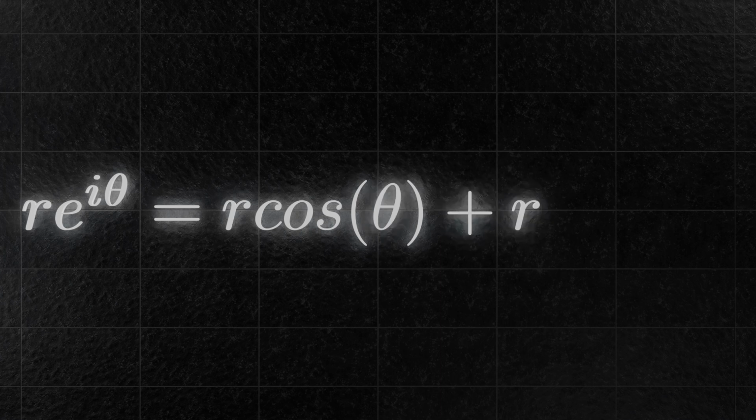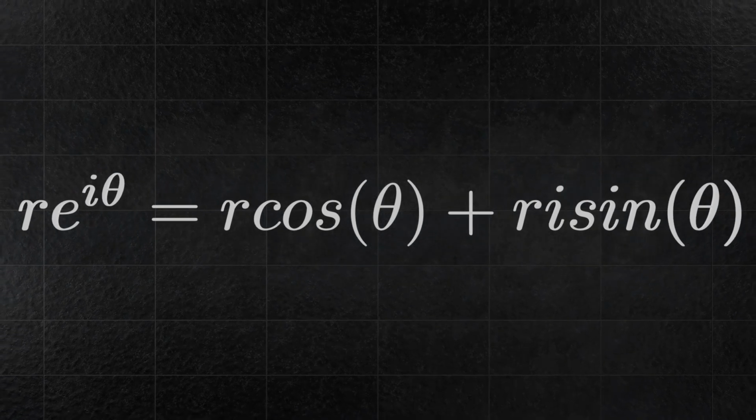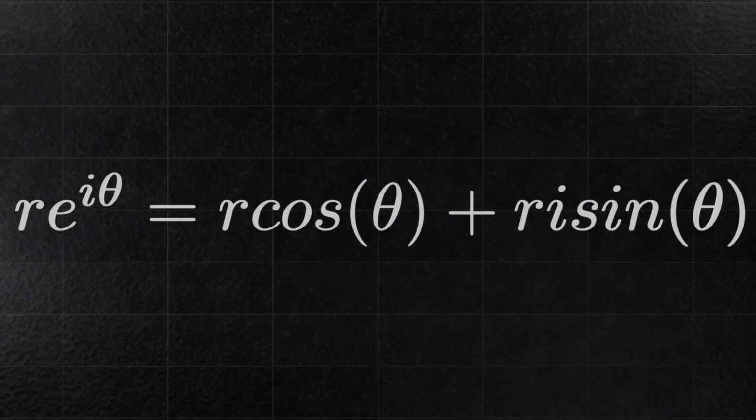So first, let's start simple enough. What is Euler's formula? Well, it basically states that R e to the power of i theta is equal to R cosine theta plus R i sine theta. Okay, so simple equation, no worries, I can just knock it down like an hour or something. Let me just quickly check why that is exactly, and—